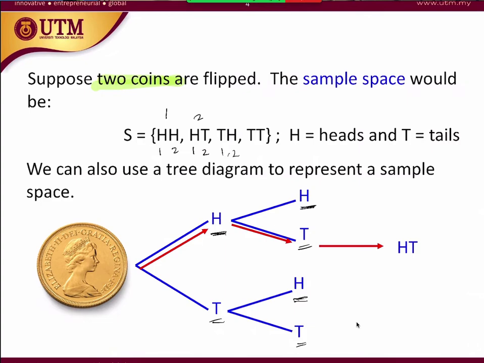Okay, and the next possibility is that we're going to get both tails for each of the coins. So we have 4 sample spaces in this situation. This is one way that you can do it. If it's a simple decision or simple possibility, then you can just use a simple tree diagram to represent your sample space. That's one thing that you can do.